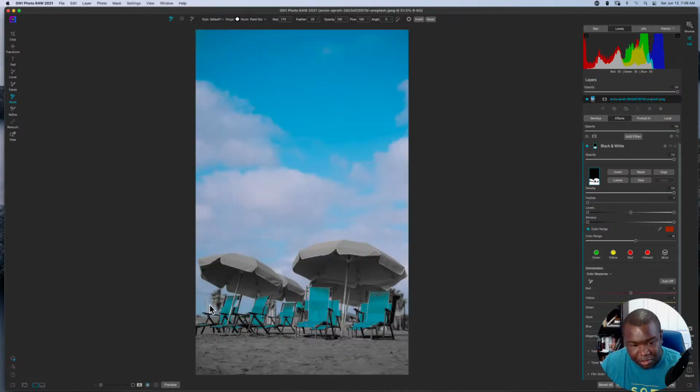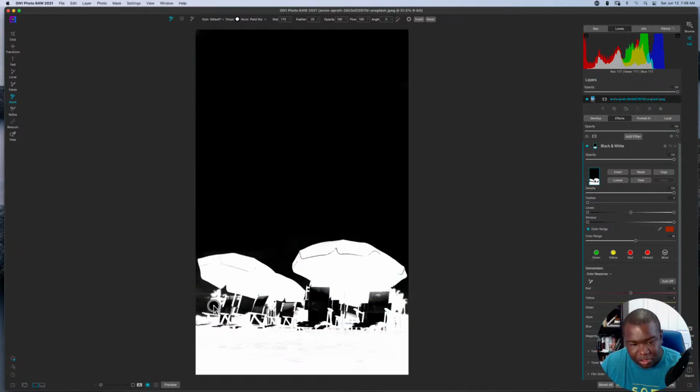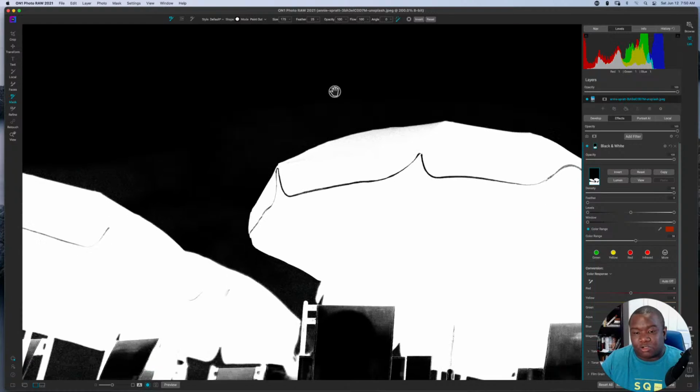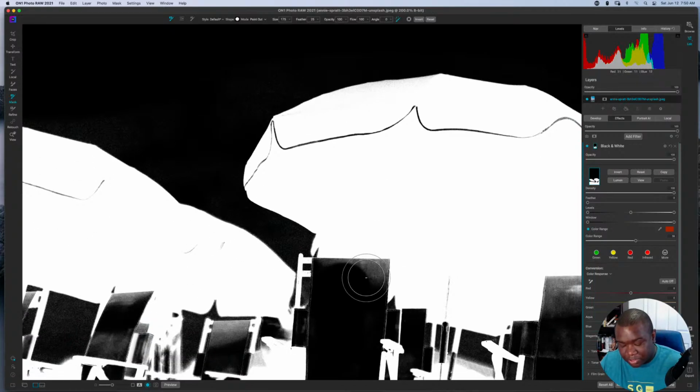Now, if I remember correctly, yeah, that's a tree. We don't want to select the tree. So, I'm going to do a very rough selection here, but you can absolutely get way more detailed than what I'm doing, right? And I would expect you to. I think you would expect to. And what I'm going to do is turn on my perfect brush, which is Command R. I'm going to zoom in a little bit here just so I can show you that you can get more precise than just